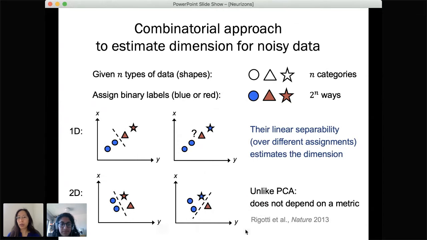If not, you can look at this paper in which this method first came out. And this method is going to be better than PCA, especially in this case where we don't a priori know what the underlying metric of the solution is. For example, we don't know whether this measurement probe should be as high as it is, or whether it's actually not really relevant. So in this case, since we don't have an underlying correct metric in which to embed the space, this is an approach that can capture the right dimension of the data.